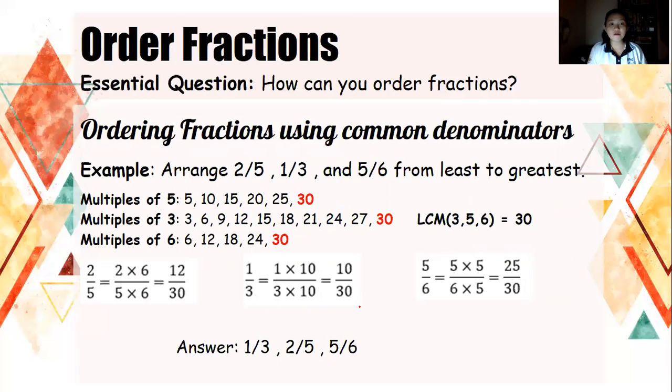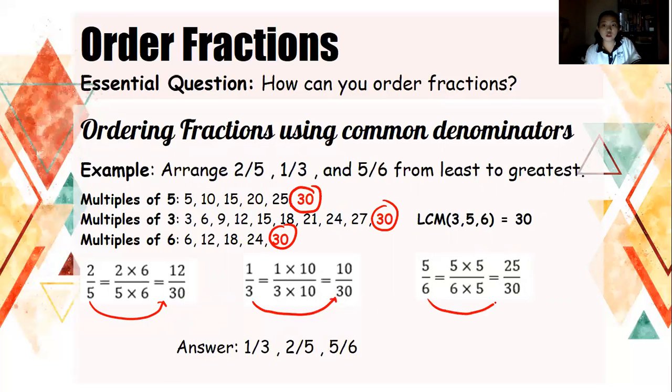So we have multiples of 5 using listing method, multiples of 3, and multiples of 6. So we have there the first or the least common multiple that can be spotted in the list is 30. All we need to do with this LCM, we need to transform each of the fractions into its equivalent where the denominator should be showing our LCM. So from 2/5, we have to multiply the denominator by 6 in order to get the LCM 30. While for the numerator, we have to multiply it with 6 to get the 12.